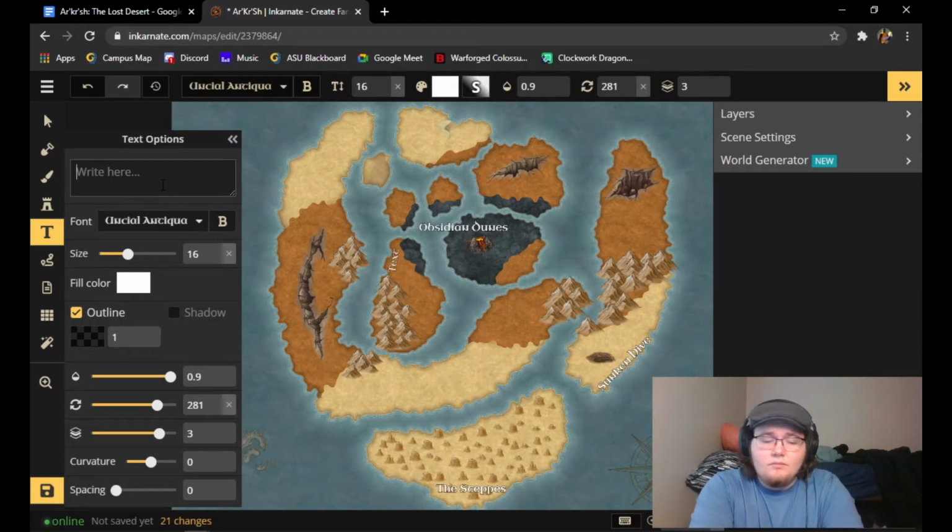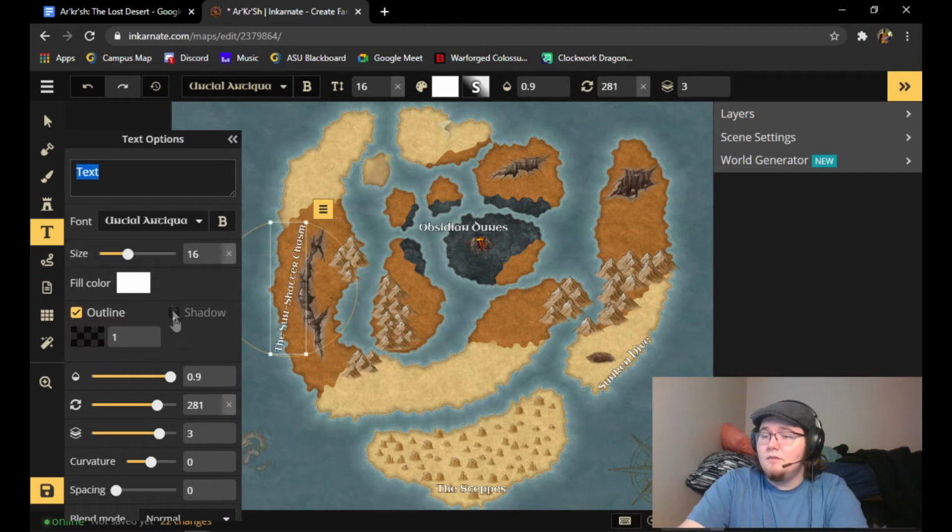Alright, so we could just go with the same kind of theme we're going, the sunken chasm, or we could go with the sun shattered chasm. Now, that's adding some definite pizzazz.